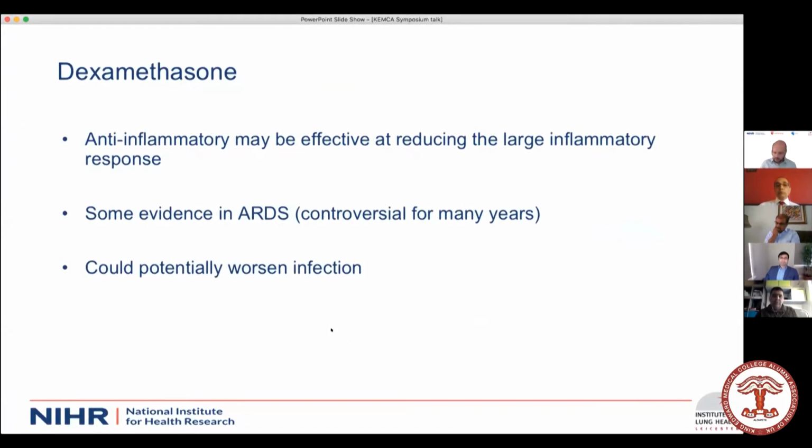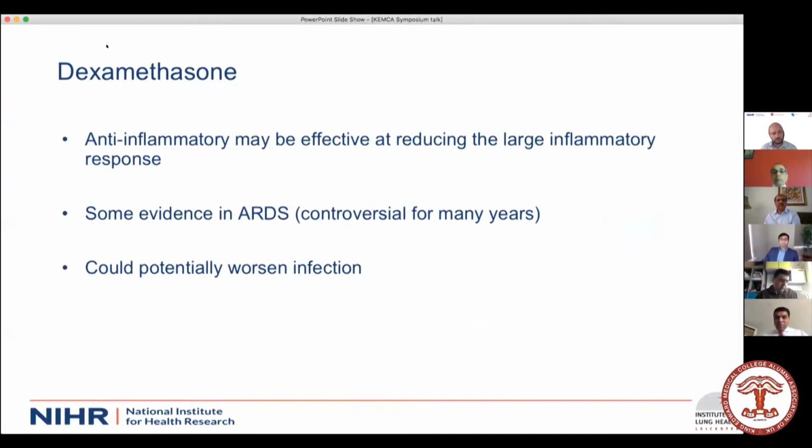Now, coming on to dexamethasone. And I remember when we started dexamethasone in the RECOVERY trial, I confidently, and so did some of my colleagues, said there's no point in doing this, but we're just doing it because it's cheap and readily available. But the theory goes that we've concentrated mainly on antivirals so far. But as many of the talks have mentioned today, this massive inflammatory response that we see kills people, so we might want to give an anti-inflammatory treatment. So the question is, is giving a steroid effective at reducing a large inflammatory response?